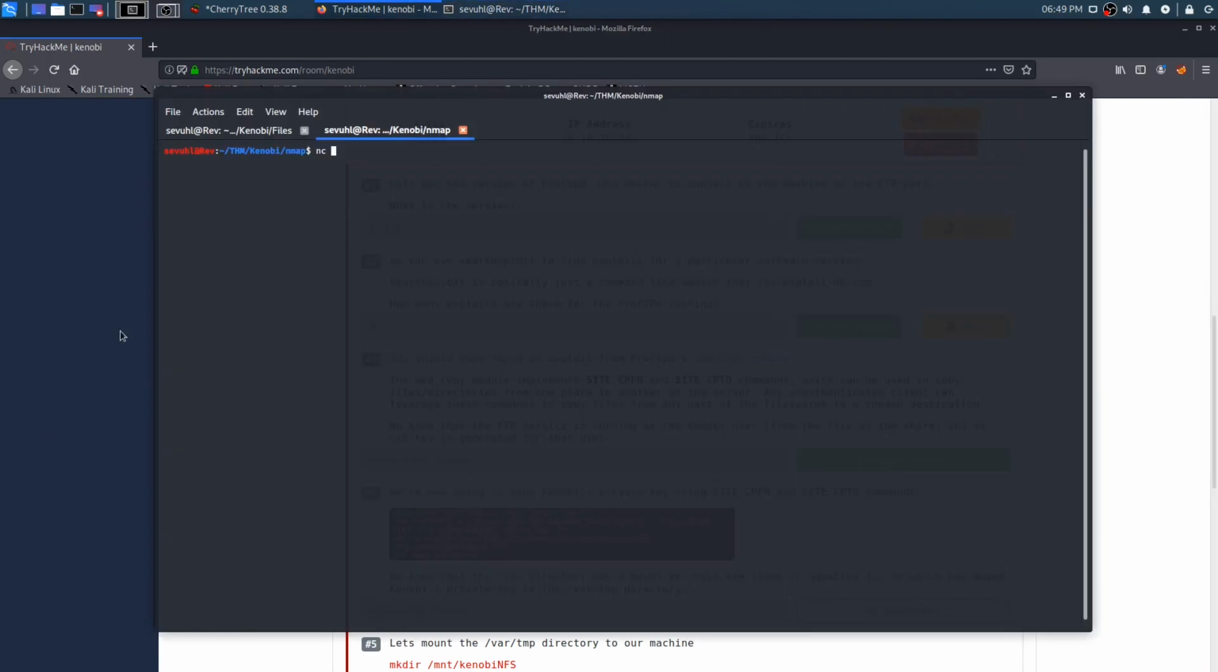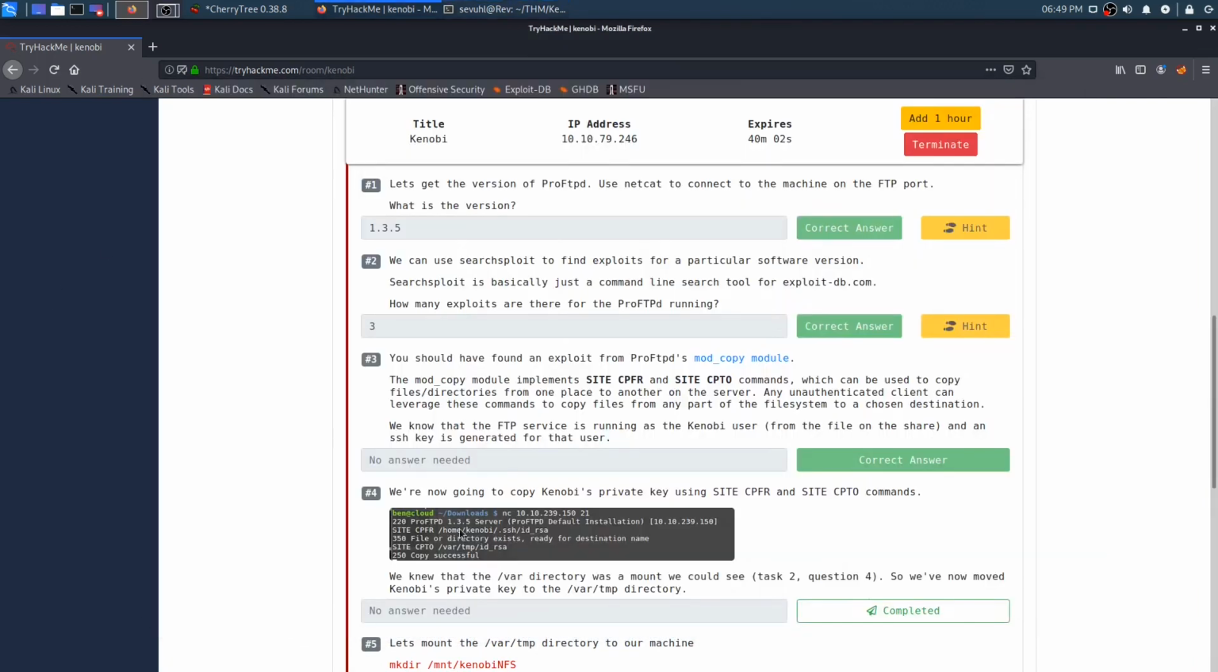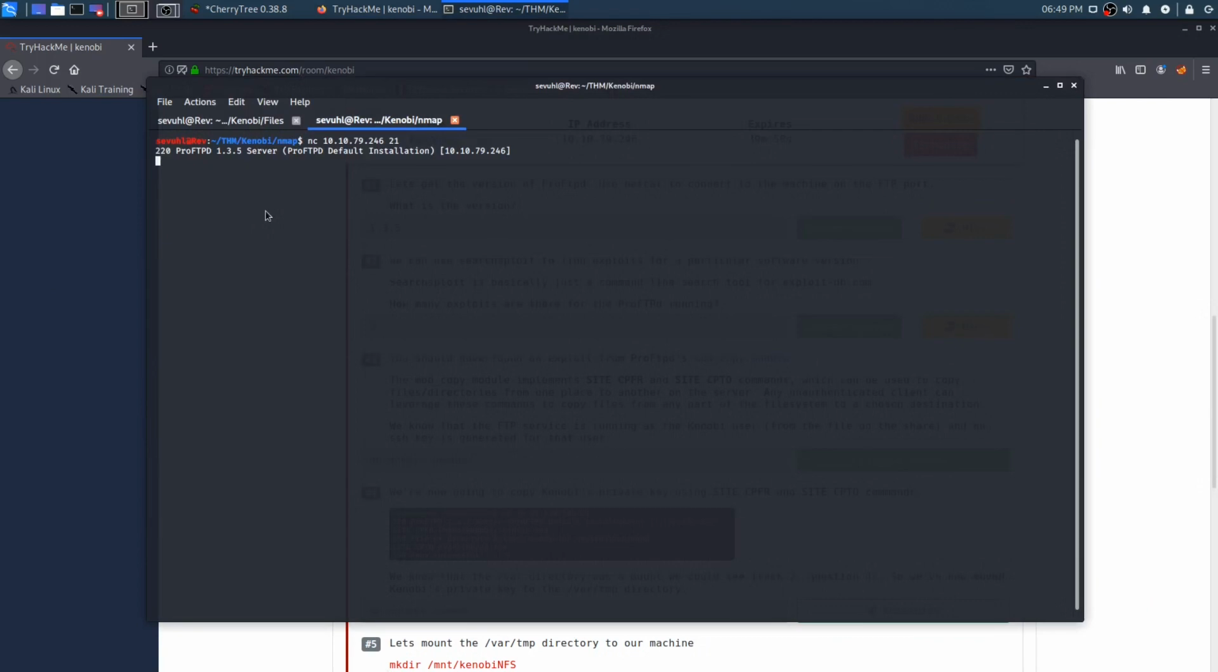So that's pretty cool. So we'll go ahead and connect to that FTP port. So that's 10.10.79.246, then 21 for FTP. And as you see, it doesn't really give any prompts. We just have to hope that we're connected. Not really, but we know we're connected. All right, and then all we have to do is type site CPFR /home/kenobi